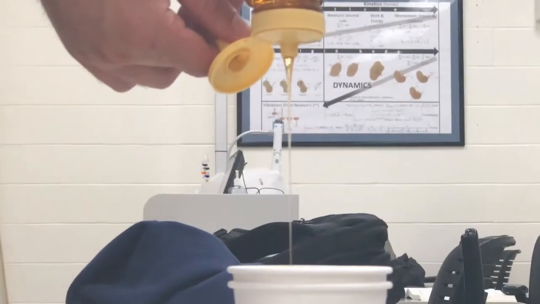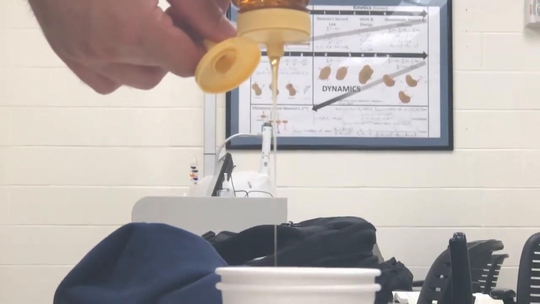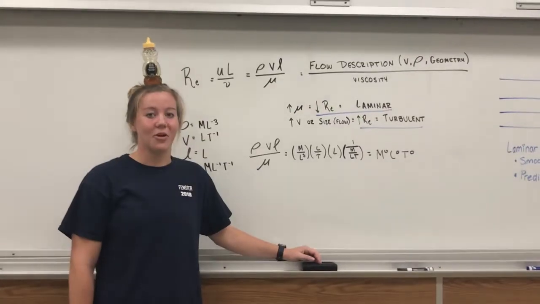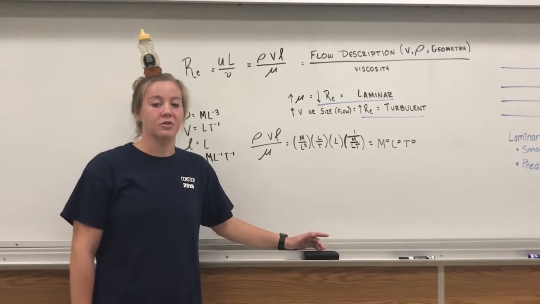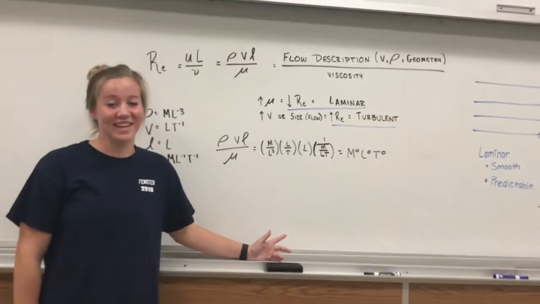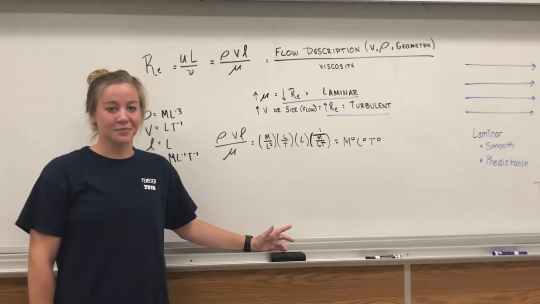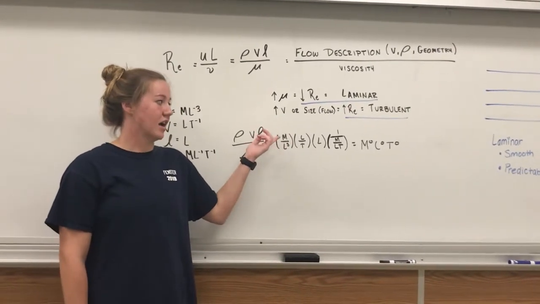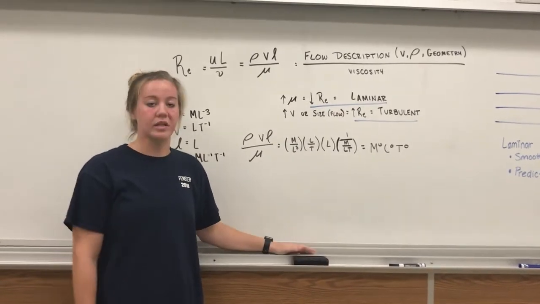Whoa. That's pretty straight. Look at that. So, in the case with the honey, the main factor as to why it had a laminar flow as opposed to turbulent has to do with the viscosity of the honey rather than the container that it was flowing out of. And like we said earlier, if it has a higher viscosity, it's more likely to have a laminar flow, which was an easy way to demonstrate it with a different